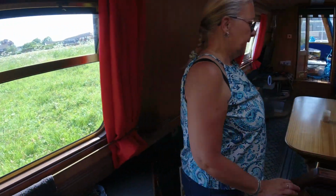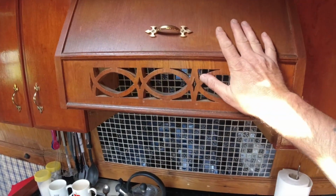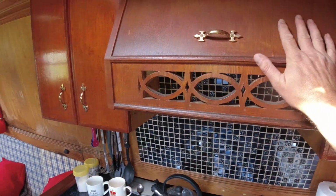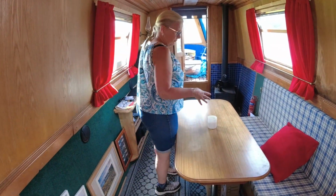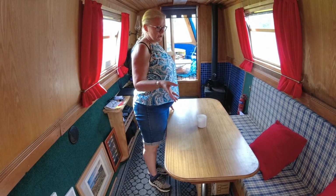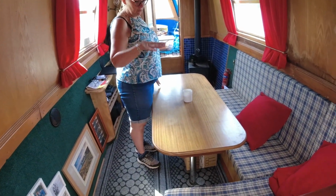So, right. Into our living area. Well, this is an extractor hood. It's got a fan up there as well, which is handy. Right, onto the living area. So we've got a bench seat, which turns into another bed. So we've got 2 smaller legs that go onto the table,